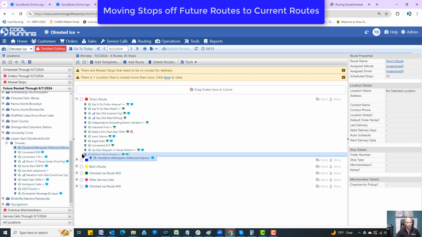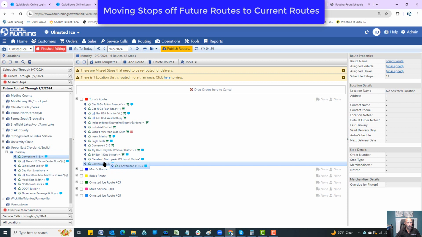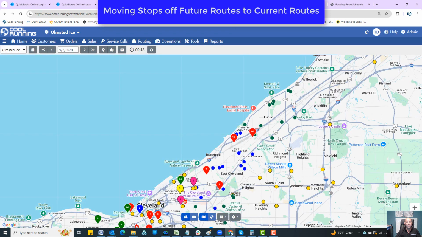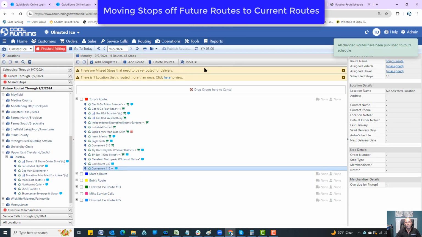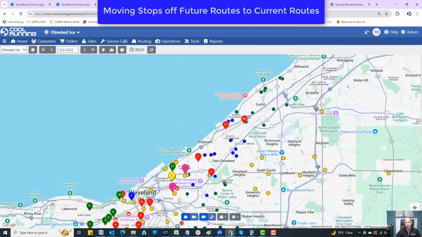So I'm actually just going to grab a few of these stops right here. I'm going to do this one, and this one. I just gave him 3 more stops to help him get rid of some of his ice. Okay, so I'm going to go over here and publish this. Okay, so now when I go over to my Route Vision, it's going to update in about 42 seconds here, but